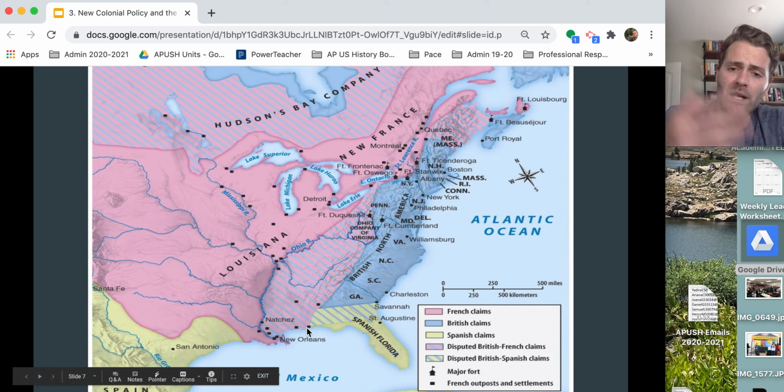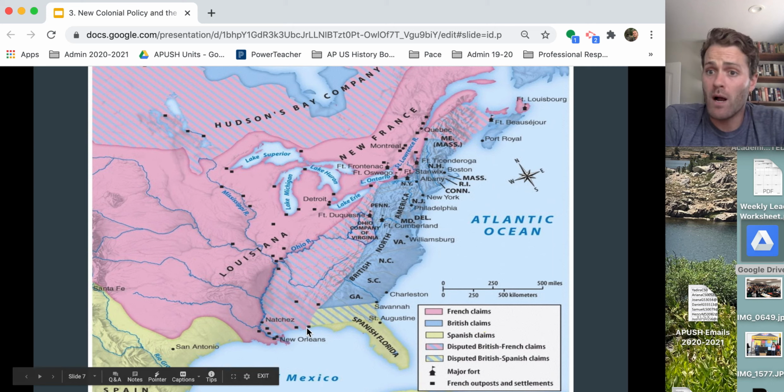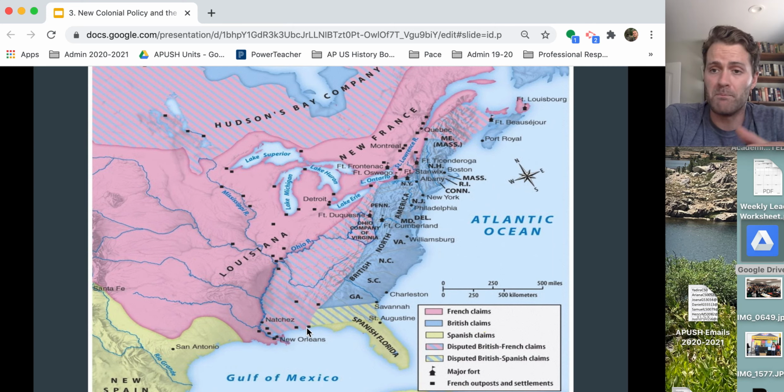Okay? So what ends up happening is George Washington, shockingly enough, is going to kind of bumble his way into a huge world war. George Washington takes his men out to protect a land claim in the Ohio River Valley. He's a militia commander in the colonies. They fire on the French fort, Fort Duquesne, in modern-day Pennsylvania, and all hell breaks loose. The French fort defends itself.